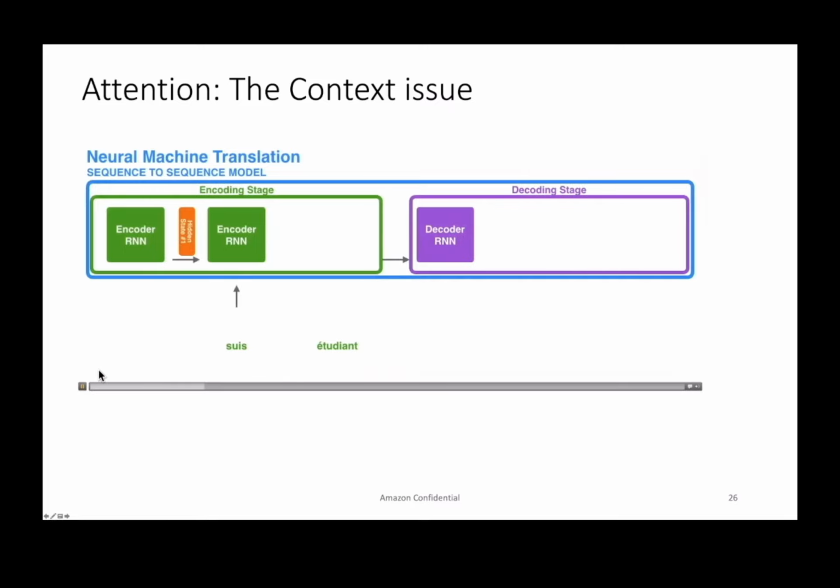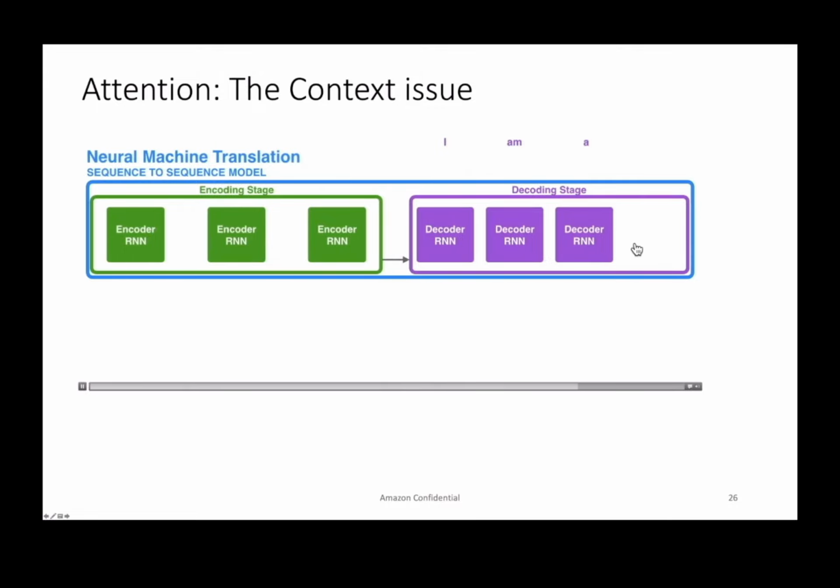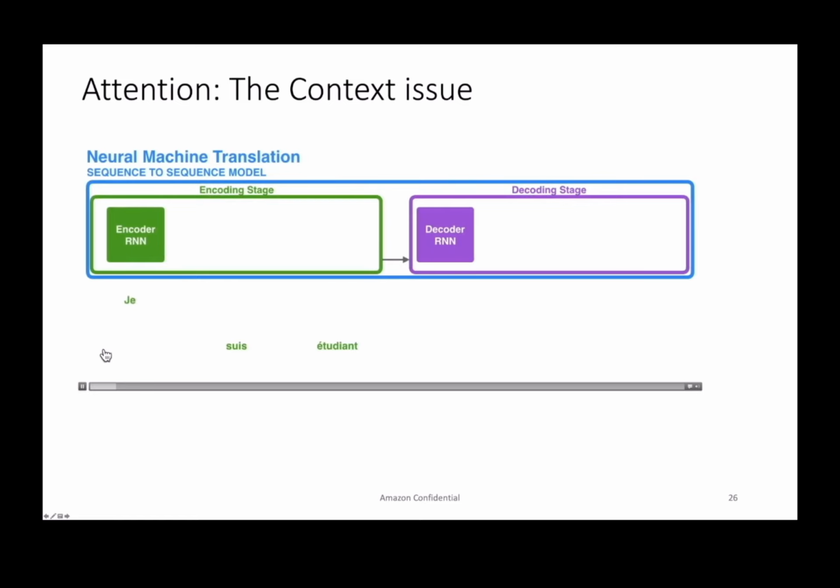So the encoder basically takes words one by one, as in here. It produces one hidden state. That hidden state is taken by the decoder, and then the decoder decodes the overall and produces a translation. Now notice how this encoder produced only one hidden state from here, right? If you see this again, the encoder,